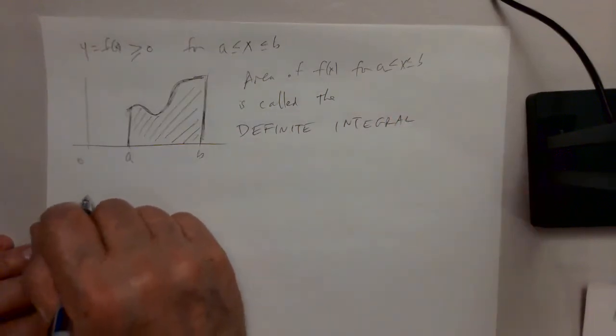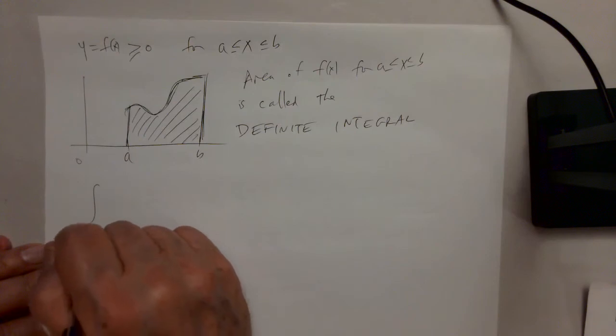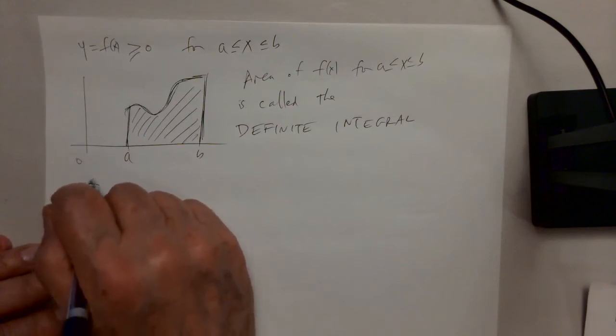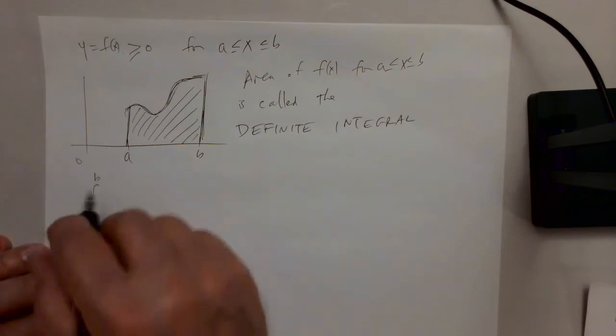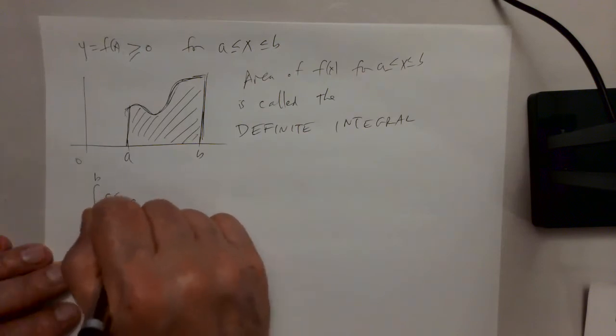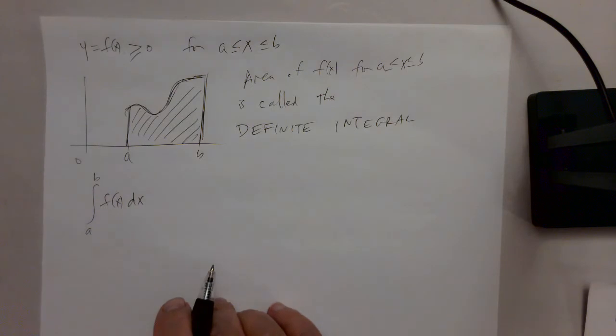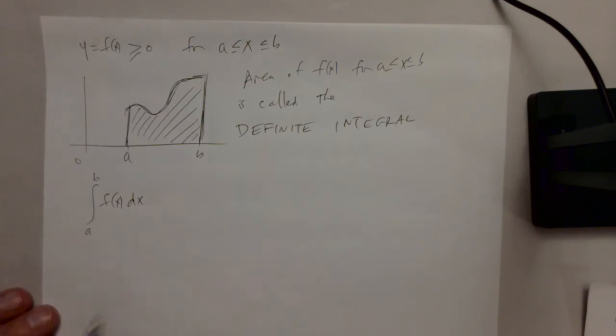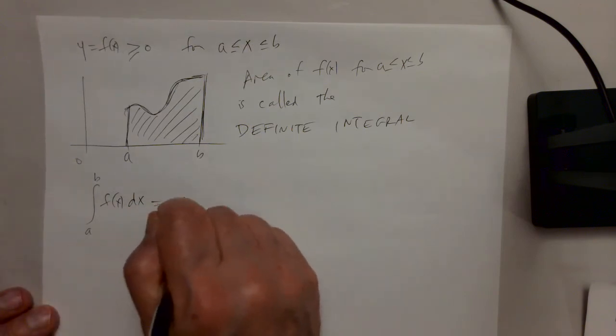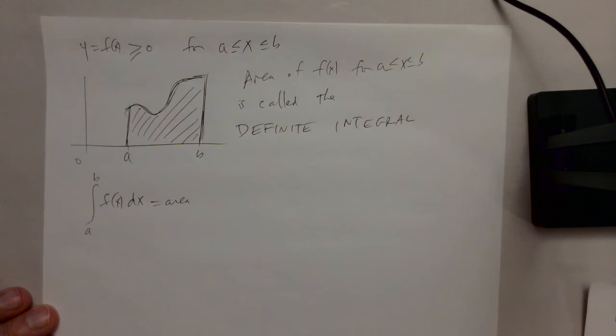And it's denoted by this integral sign, this curly squiggly thing, with a to b, the lower and upper limits of integration, f of x dx. So this is the area for a non-negative function. So for example,